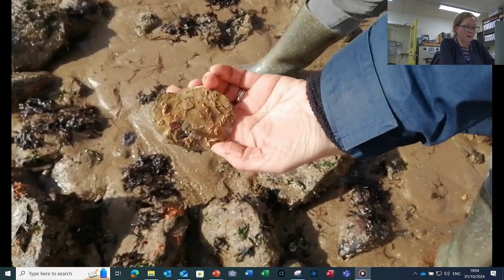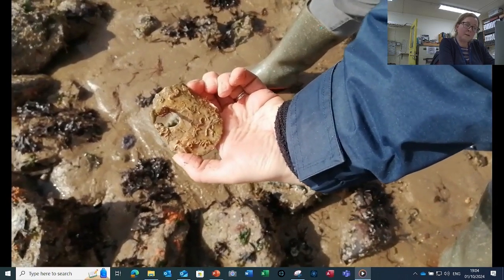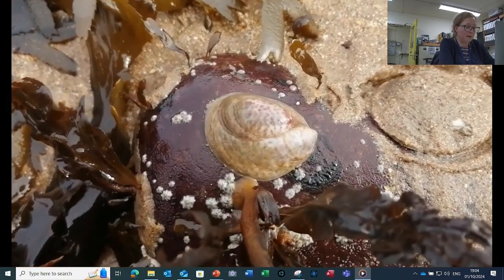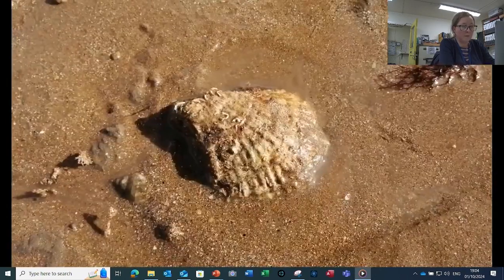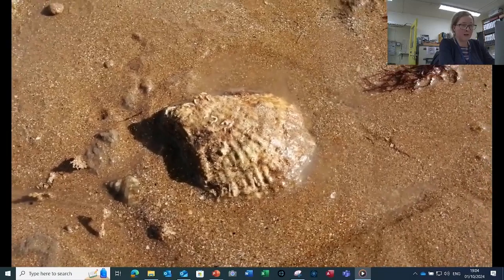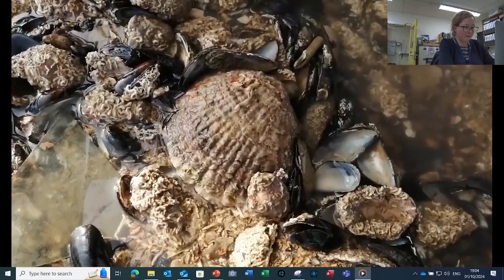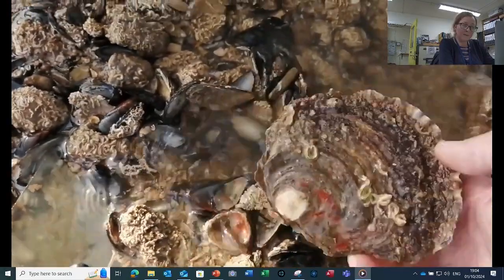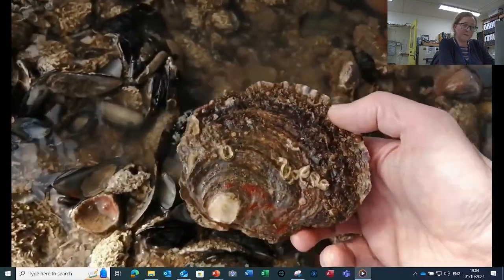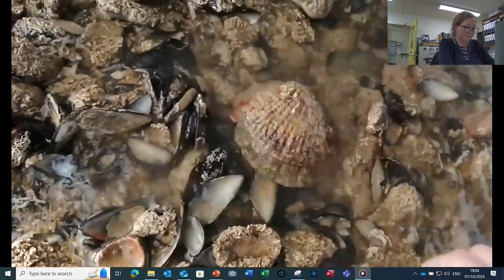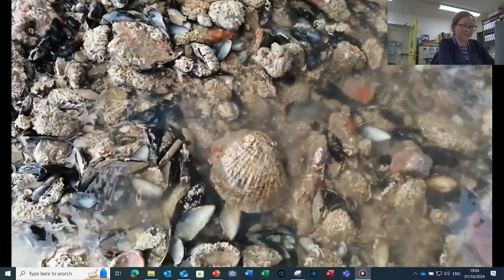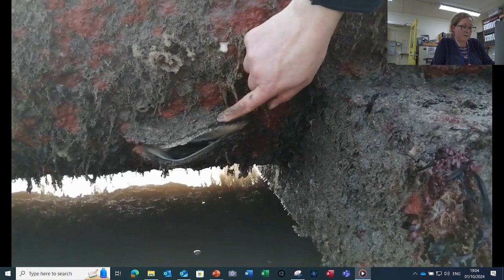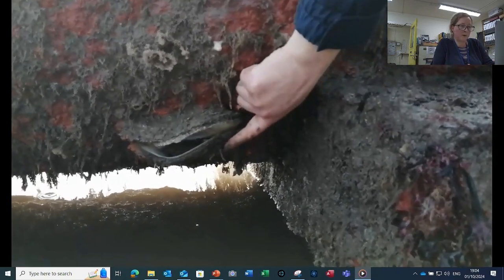This is an oyster faker. It's a saddle oyster. And this is a slipper limpet, which is an invasive marine snail. But when small, it could be mistaken for juvenile oysters. And here's some more real oysters. You can see the radial ridges quite clearly there. And there's a large one on this outflow pipe as well. You can see the flat upper valve and the curved lower.